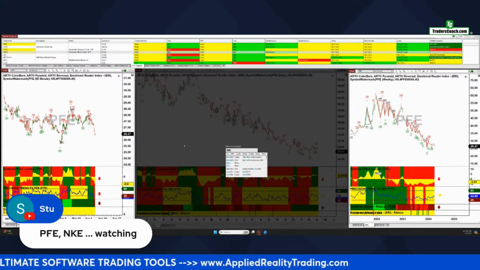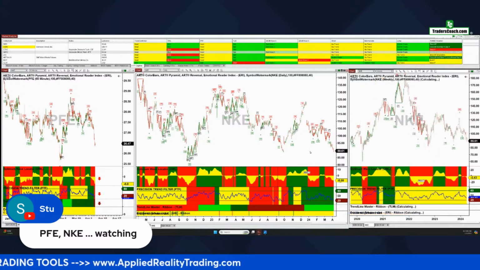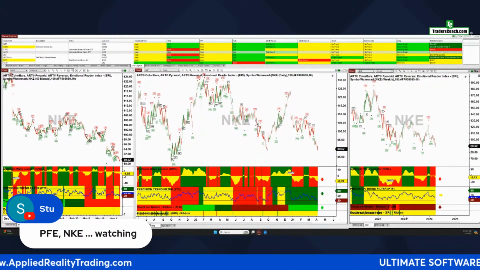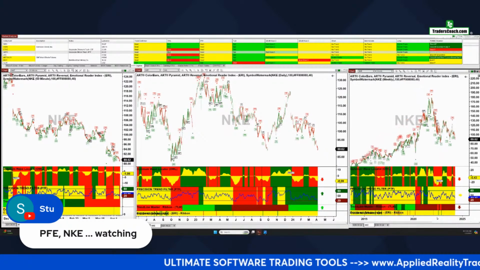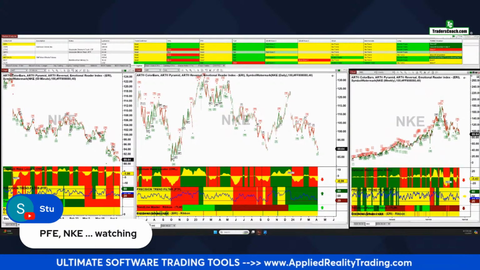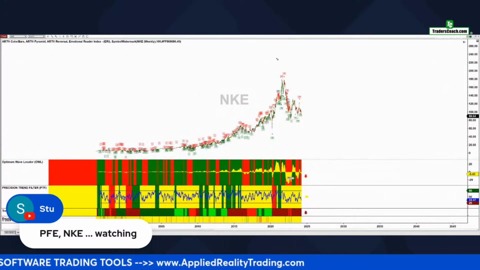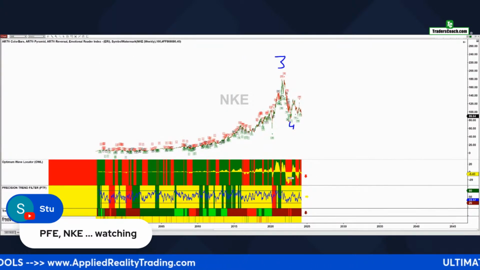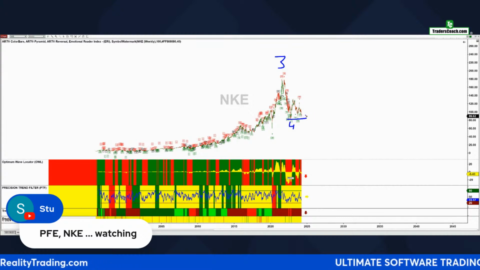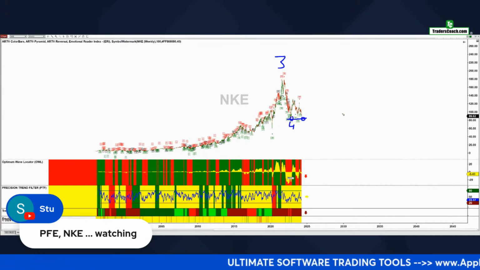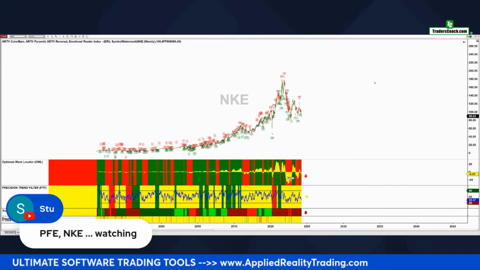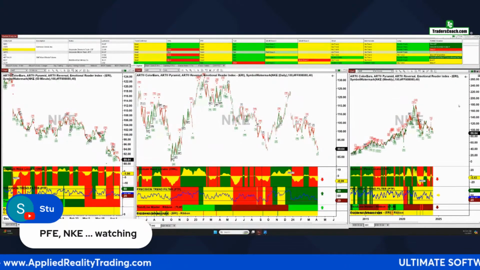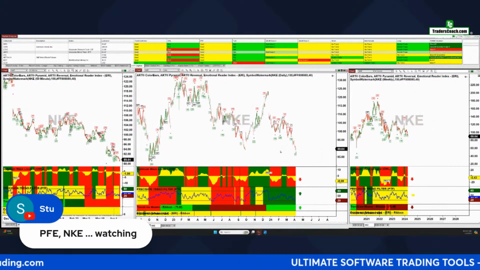All right, Nike, NKE. All right, let's take a look at Nike. So Stuart's looking for a bottom on these, and I think that certainly makes sense. Let's open up that weekly chart for a moment. So classic Elliott wave 3, okay, 4 bottom could be in. And it looks like it's going to test it again, maybe a double bottom here. So let it do its thing, but definitely put this one on a watch list, because as soon as this move down subsides and if that bottom holds, then this is one you want to take, okay?